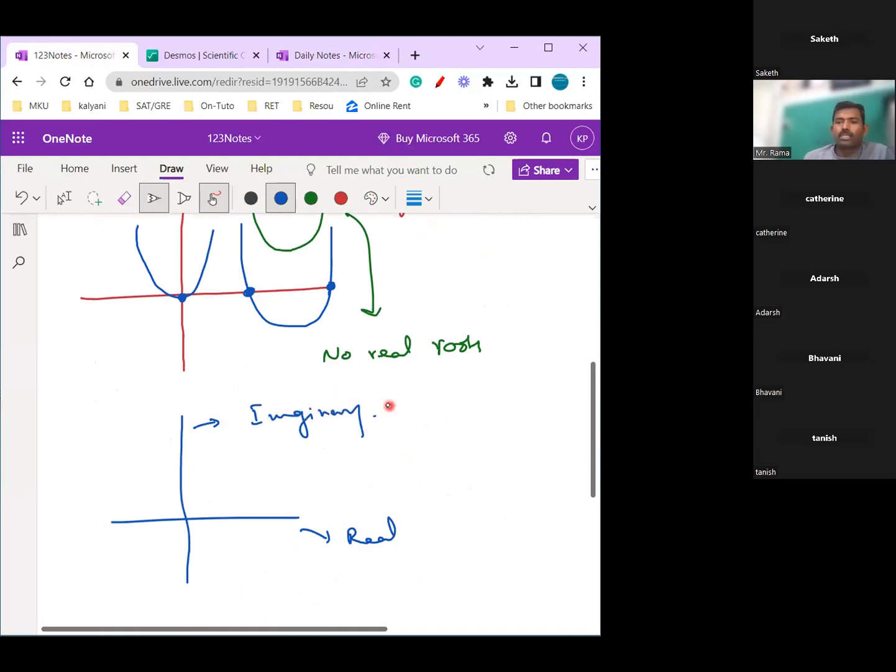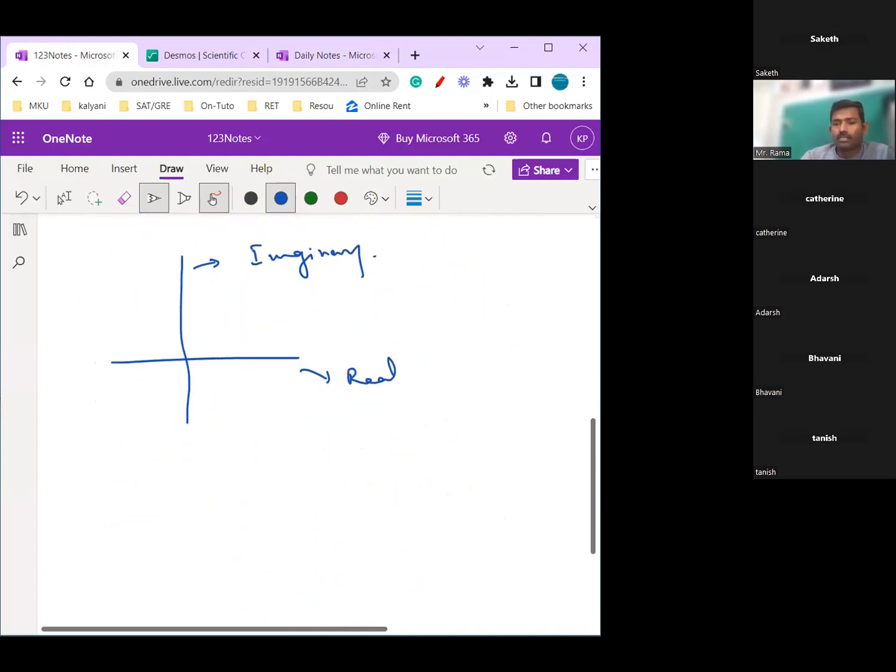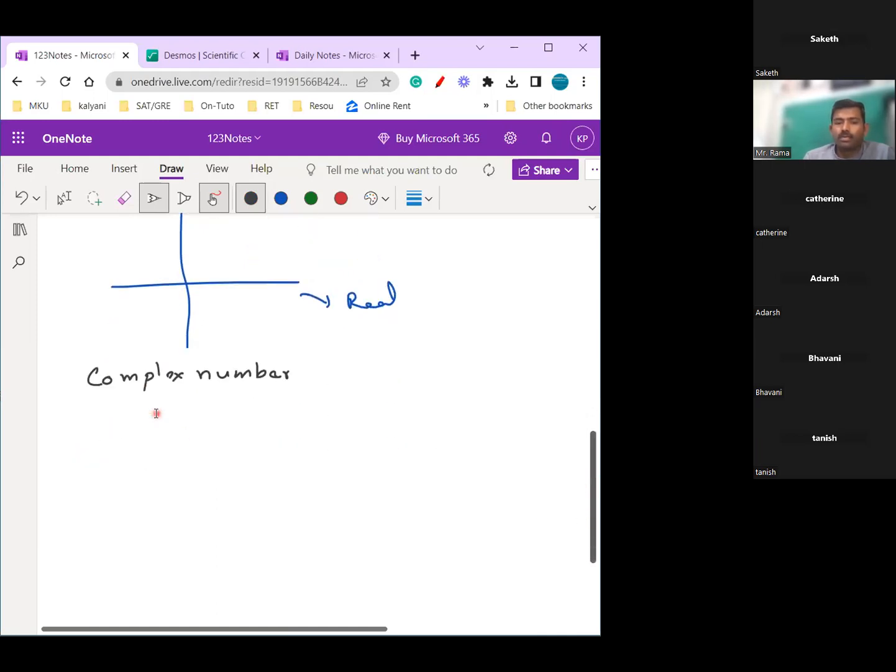Just like x and y, in the complex system you call this the real part, and this the imaginary part. Now coming back to the real part and the imaginary part, for a complex number, the general form is a,